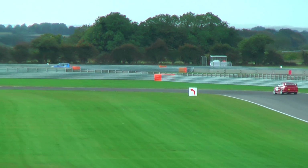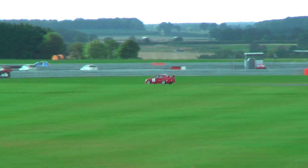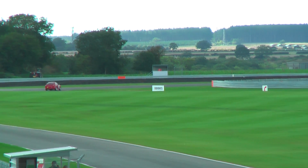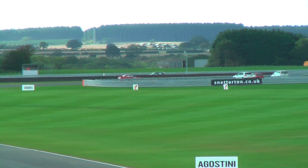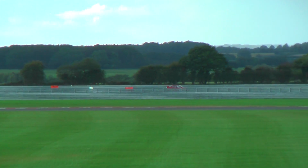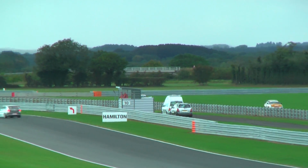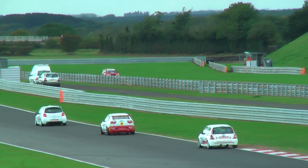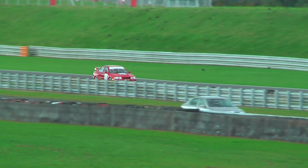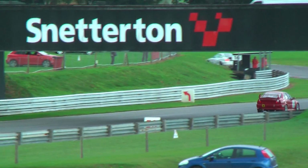Turning through Hamilton, Craig is just able to build a slight advantage over Frogger, maybe a 10th of a second or so gained through Hamilton, as they then exit Williams onto Bentley Straight, which should, you would venture, favour the immensely powerful Subaru. Nick Williamson is now well into some of the slower cars. He just laps Nick Booth, the Class C leader, and Williamson sets the fast lap of the race on that last lap,